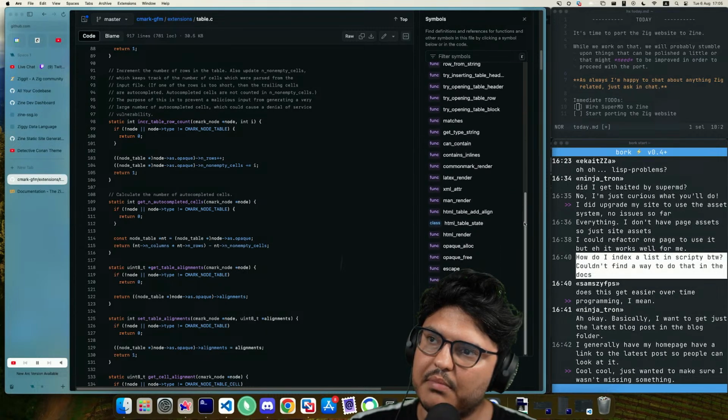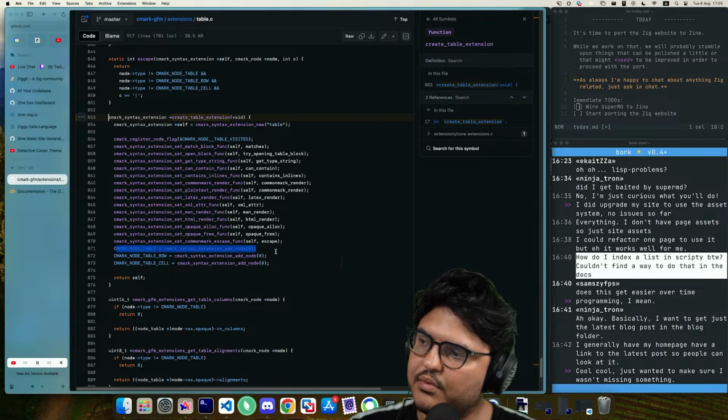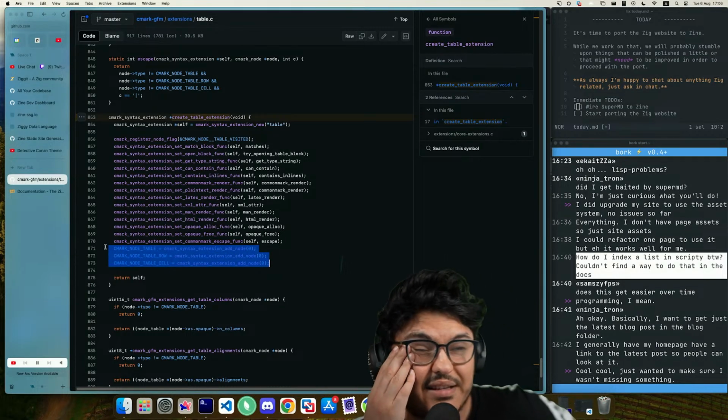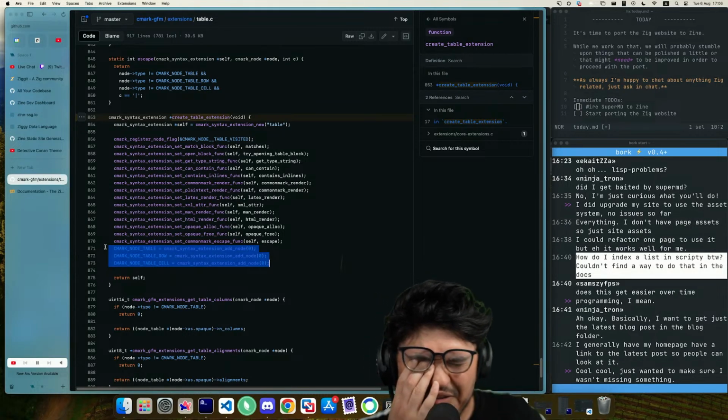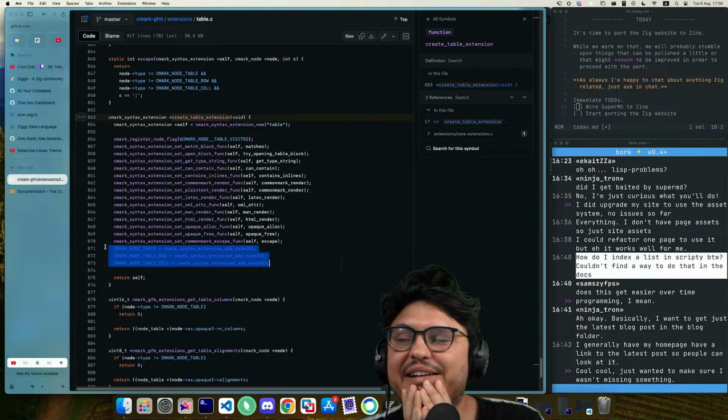Try opening, matches, can contain. Create table extension. There you go. So they get set at runtime, man. They get set at runtime.